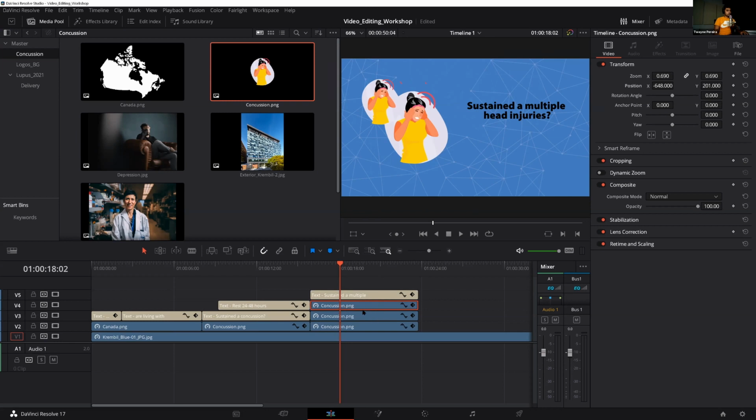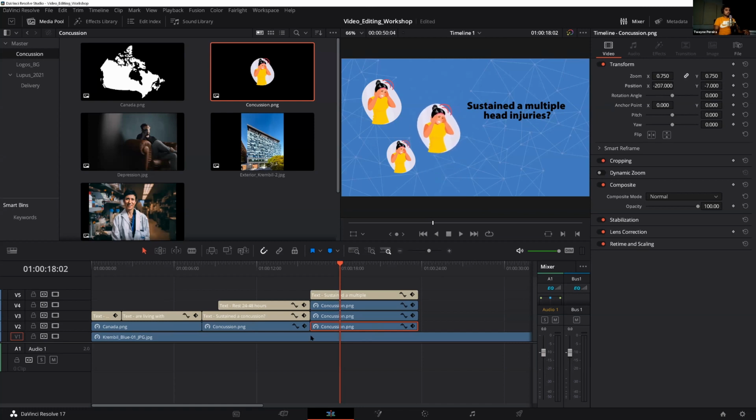So again, highlight the one that you're working with. So I'm going to go to the track below, highlight that one, make that smaller. And I'm going to leave that one there, maybe. And the last one, the bottom one, make that smaller. And then I'm going to move that around to something like that. Of course, get kind of creative with the position. I mean, this looks a bit awkward, so maybe I'll come here. I'll make a triangle with these elements,